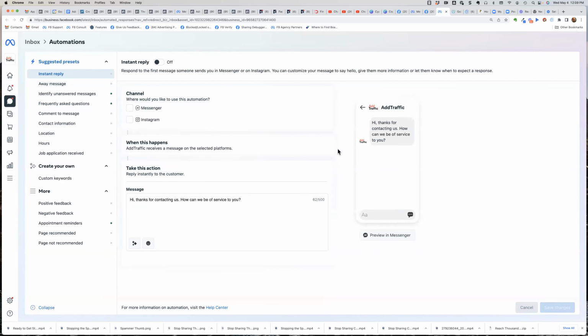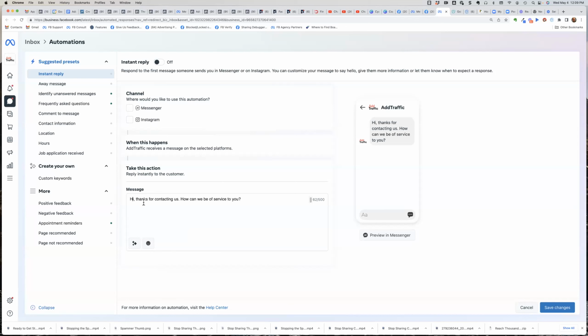So great. If I wanted to do that, I would just change, hi, thanks for contacting us. How can we be of service? And I don't like to be quite so formal. Personally, I like to stay more casual and colloquial. So beautiful. I'm just going to come in here and write my one greeting and whatever it is I want to say. I can, if I want, put in their